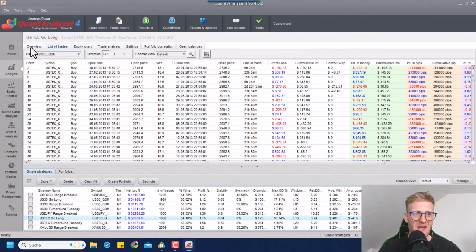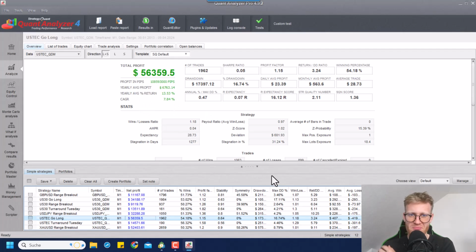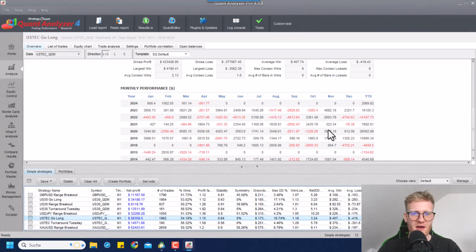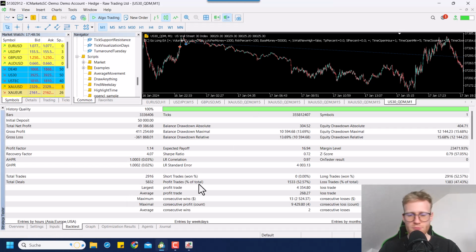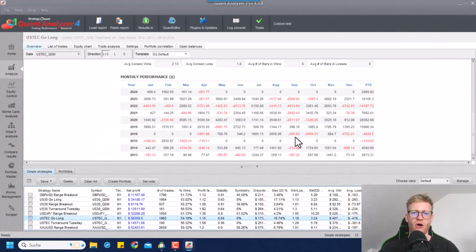And I also have in the quant analyzer all the trades. I do have an overview with the most important key figures. So I can see for every test what's the win-loss ratio, what's the profit factor, what's the overall profit, what's the drawdown, etc., etc. So I have a lot of key figures and numbers that I also see in the MetaTrader 5 here. But I also have some advanced numbers, and I see a monthly performance report, which is really cool. And actually, I just realized that there are some months where this strategy seems to not trade, which